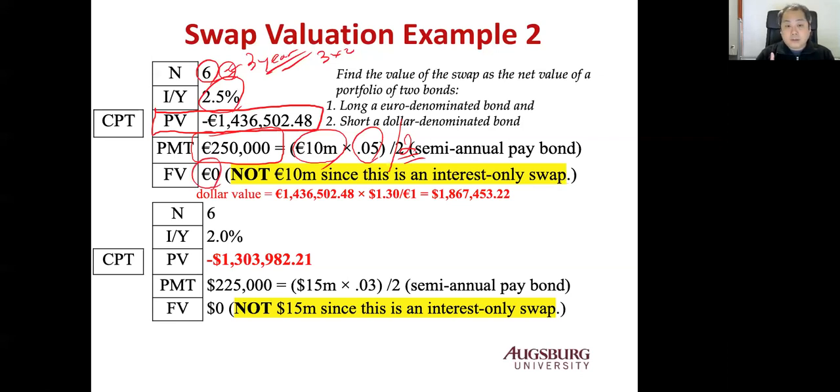This is a little different, because sometimes you can just say this is 10 million, which is not true, because you don't receive $10 million in the future. It's an interest only swap, so you only receive these payments. Take the present value, and that will be $1,436,502